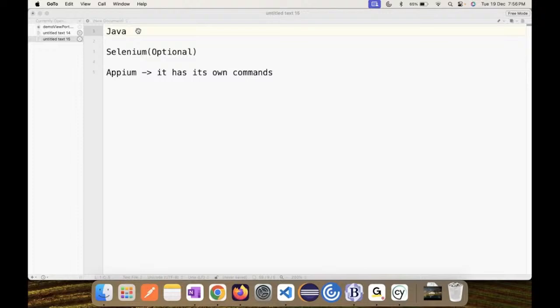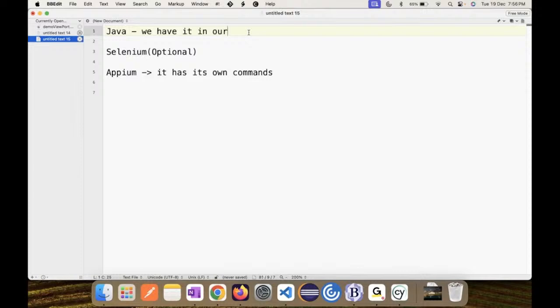Yeah, so that's the one actually. And coming to the point, the prerequisites. Java, we have it in our syllabus, and we give it at an intermediate level. That's the level of training we give, because for advanced concepts there is a different session available altogether. So why an intermediate level?